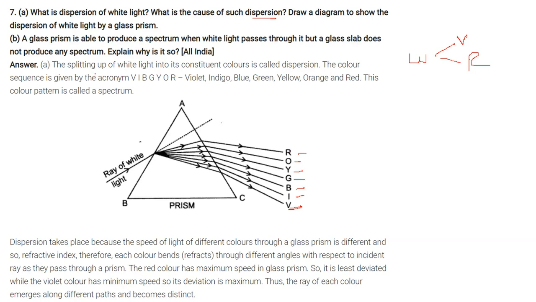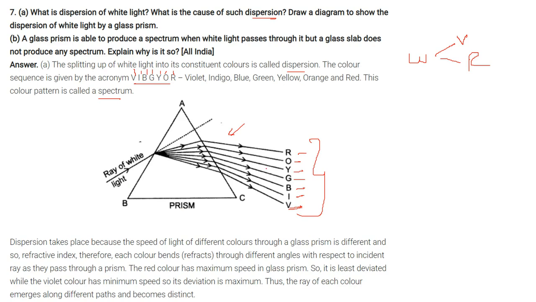The splitting up of white light into its constituent colors is called dispersion, what you are able to see here. This color pattern is called the spectrum.